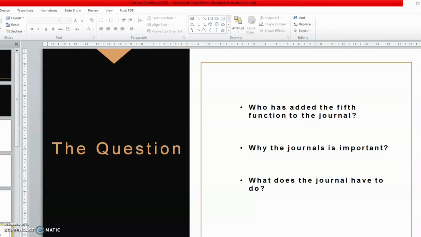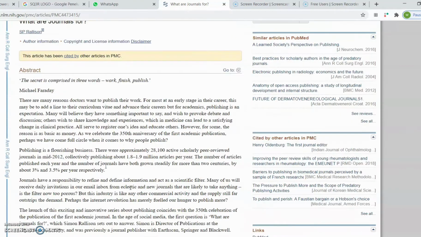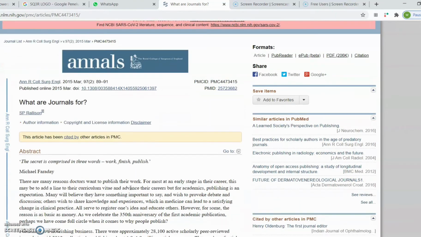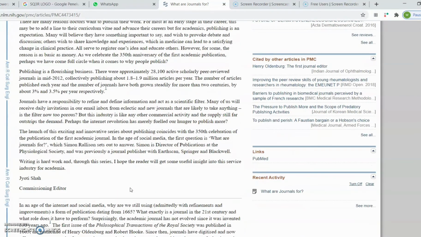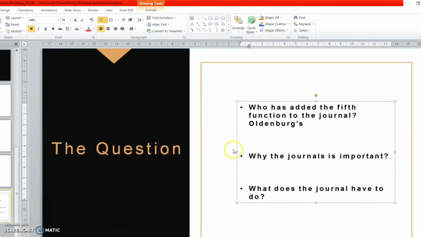In the third method, we look for the answer, but how do we get the answer? Yes, we read the journal from beginning to end and highlight the keywords in the journal as we read. The fourth method answers the question once we find the answer to this question. I will find the